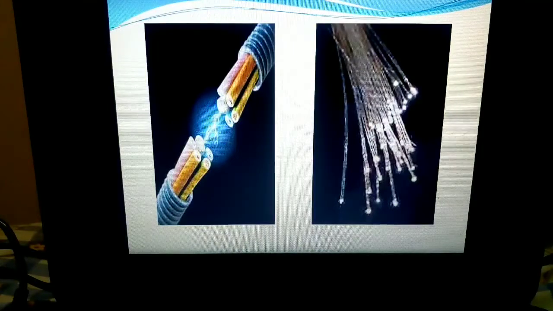Now when we have the twisted pair and the coaxial cable, what is the need of using fiber optics? It is because it provides a very high bandwidth. Because of this very high bandwidth, fiber optics has become very popular, and it can have data rates up to 100 gigabits per second. When it provides 100 gigabits per second, obviously the transmission would be very fast. You can experience a good internet connection.